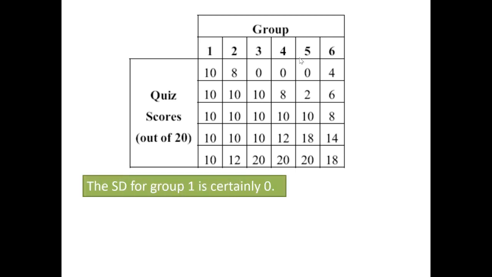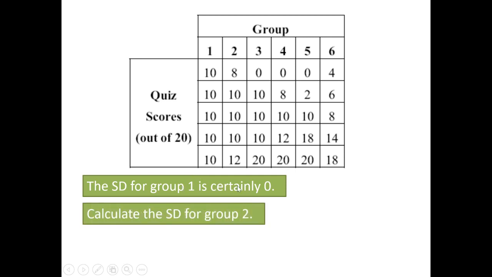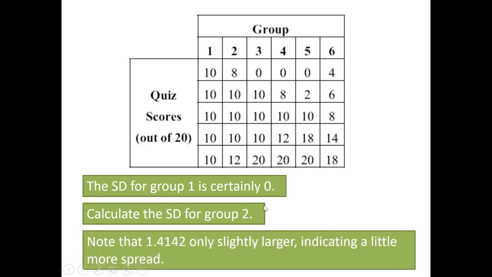Now, standard deviation, we said, is the average difference from the mean. If we look at group 1, they're all 10. They have no difference from the mean. Their standard deviation is 0. Now we're going to calculate the standard deviation for group 2. The way we do that,